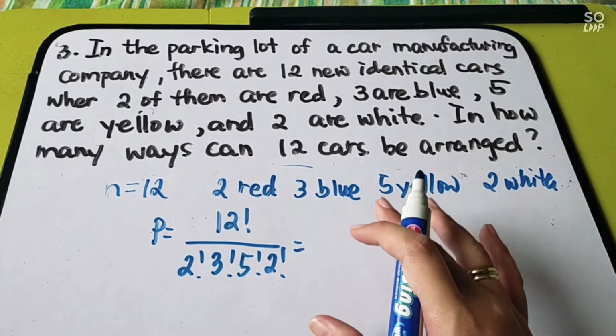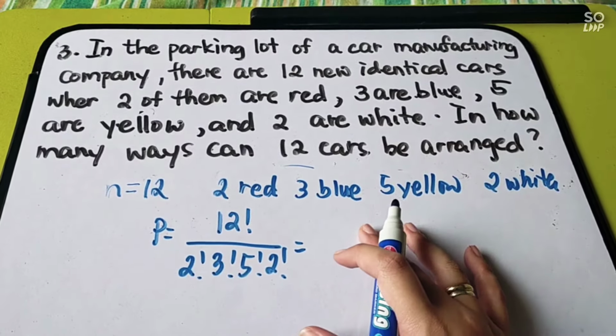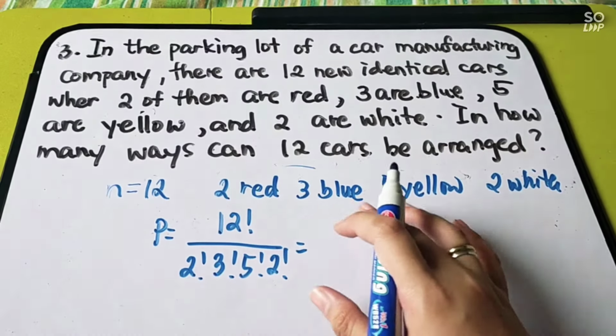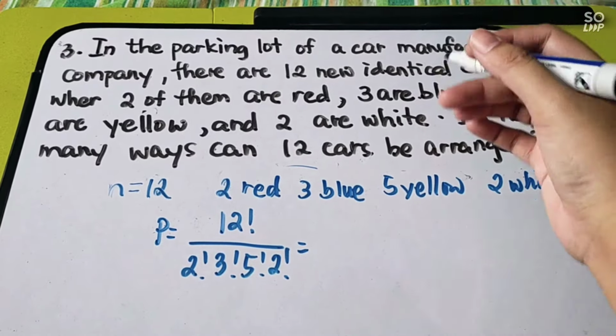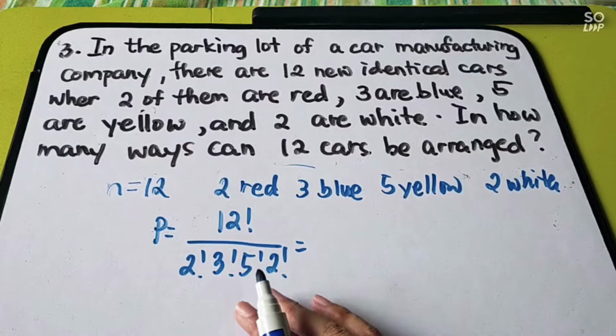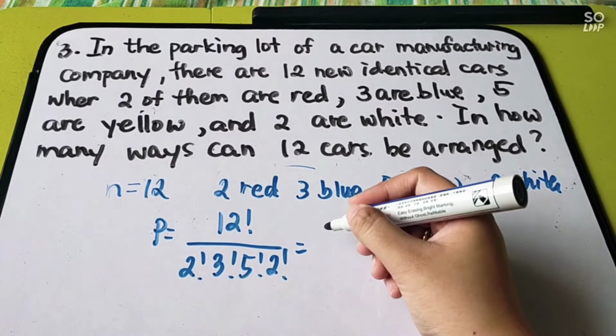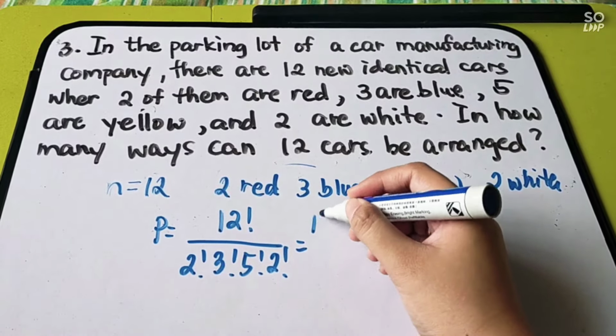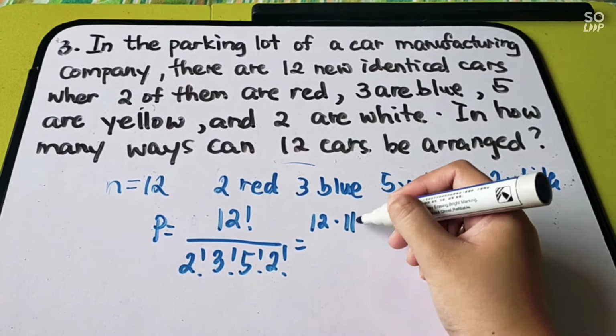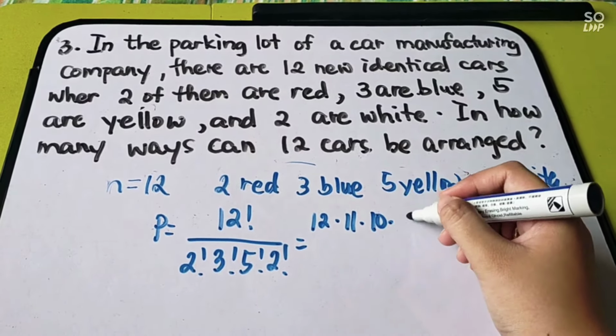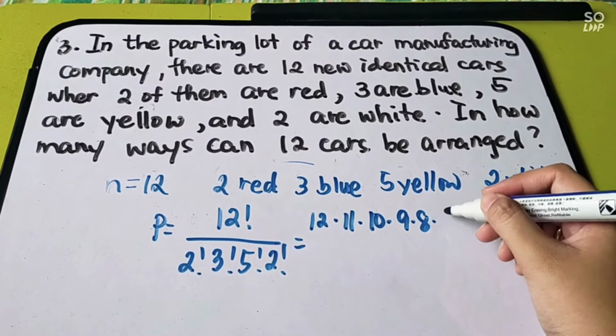Ito nga lang, hindi siya letters, pero in colors naman siya, which is identical. Kaya, ito po ang ating gagamitin. Is it clear? Next tayo, we have 12 factorial meaning 12 times 11 times 10 times 9 times 8 times